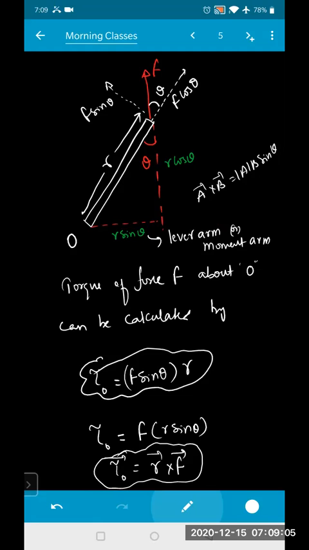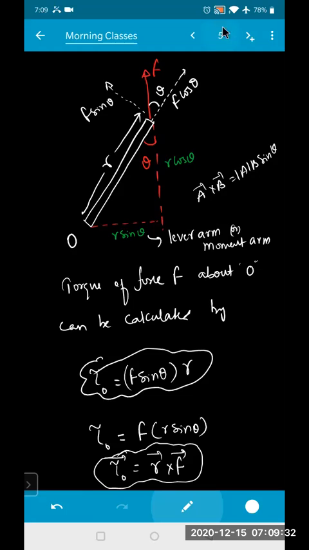If anything is passing through the axis, then the torque applied by that will be zero. You can't open and close the door very easily. That means you need to apply force at a long distance from the axis of rotation. The farther from the axis you can apply it, the more easily the body moves. If the handle is very near the axis on which the door is moving, opening and closing becomes very tough.